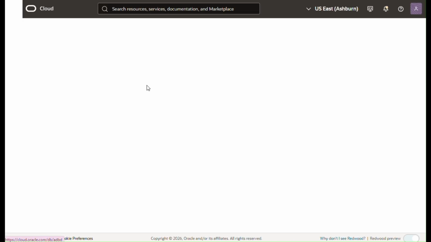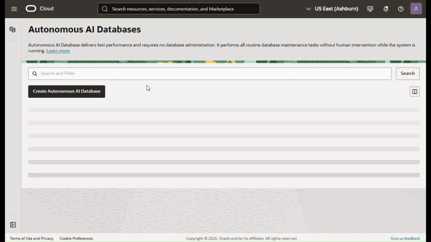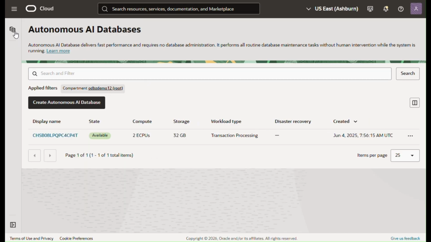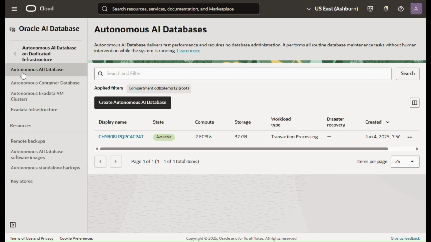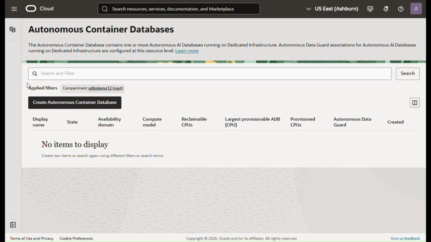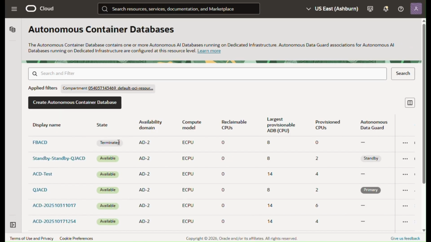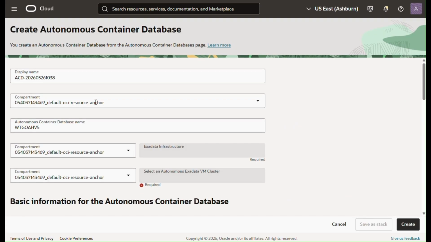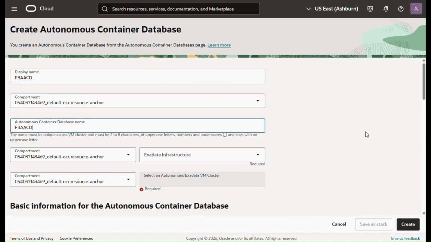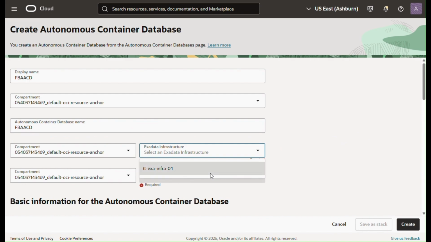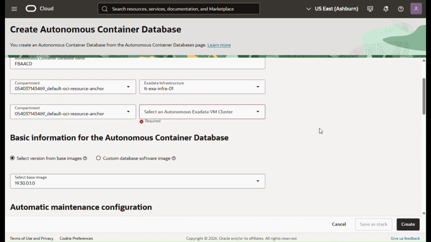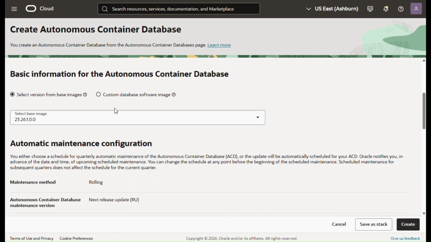On your OCI console, select the Autonomous AI Database menu and select Autonomous Container Database. From there, you have the ability to select the compartment and then to create the Autonomous Container Database. You can choose a name, the compartment, the database name, and of course the Exadata infrastructure, along with the Autonomous VM Cluster. Then you select a database version,